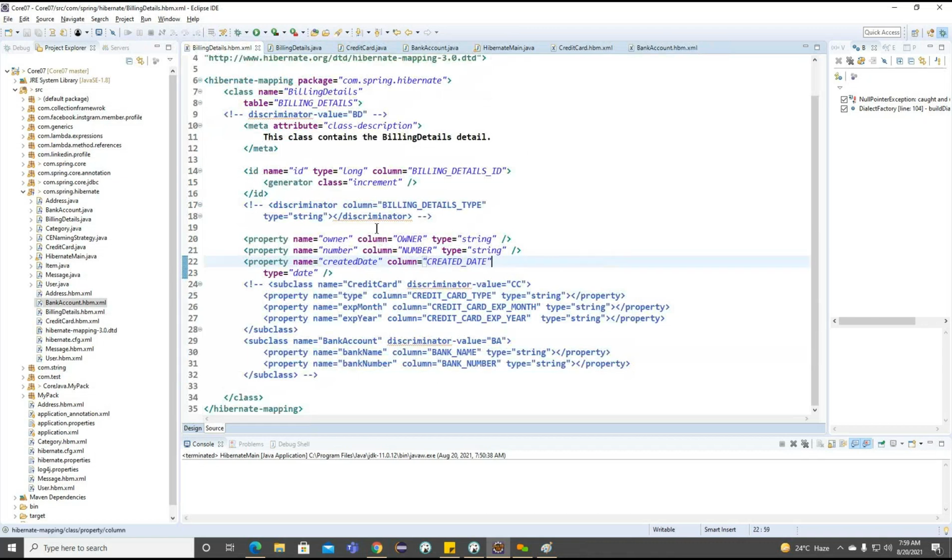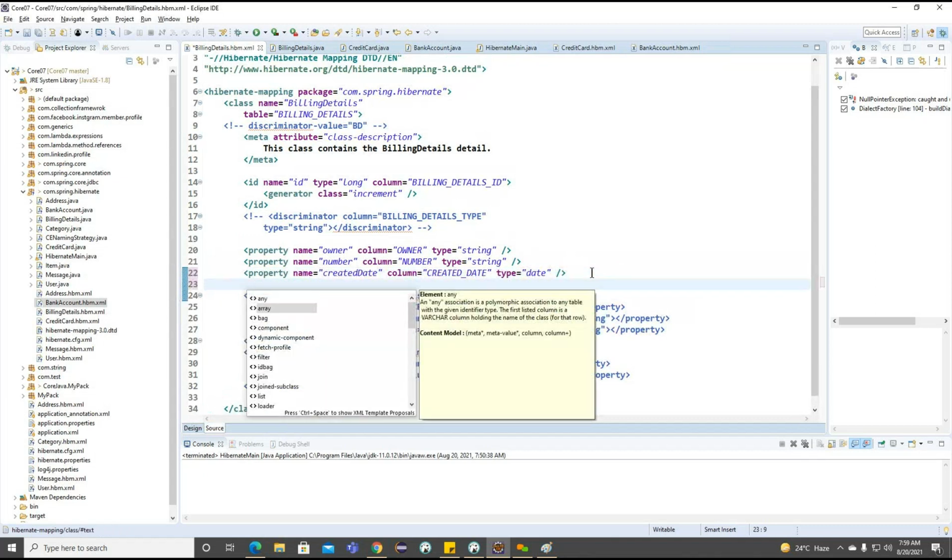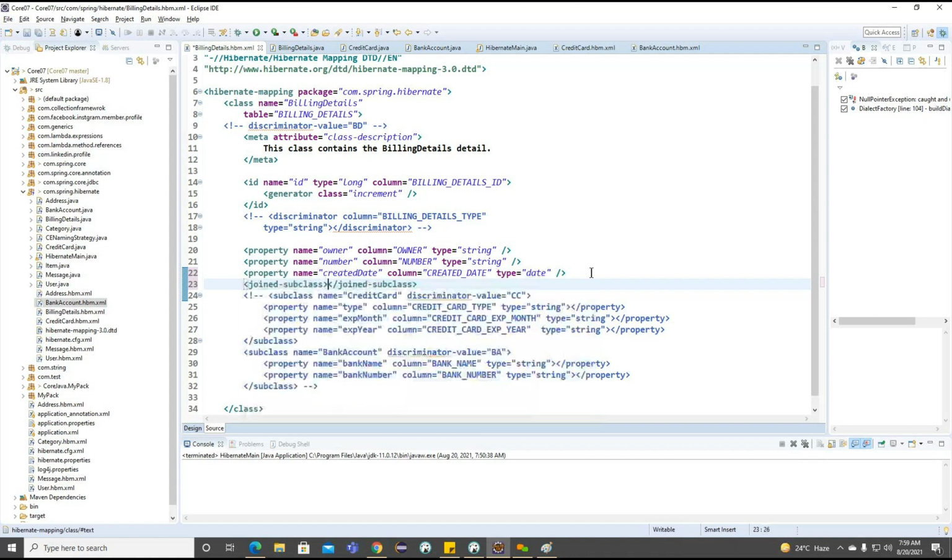But if you observe inside this particular billing details mapping file, we are going to work on some information here. If you observe carefully, here we'll go for the joined subclass.